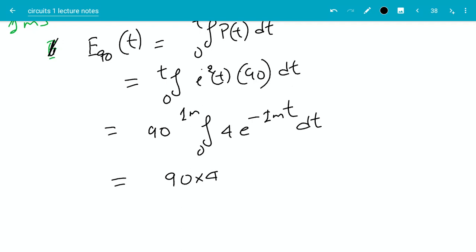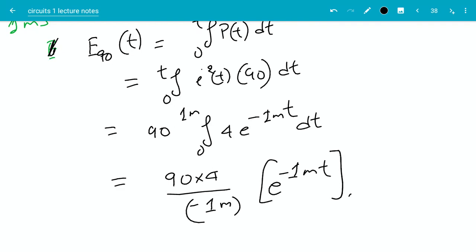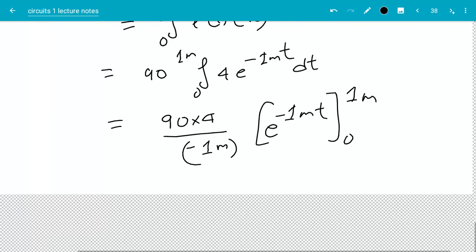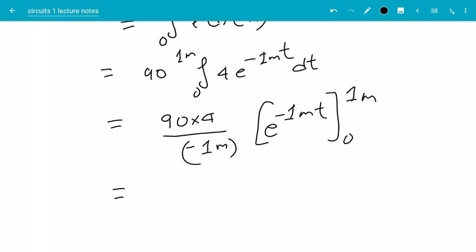Then the antiderivative would have minus 1000 on the denominator, e to the minus 1000 t, applying limits from 0 to 1 millisecond. So this should be equal to 360 times 10 to the power minus 3 times 1 minus e to the minus